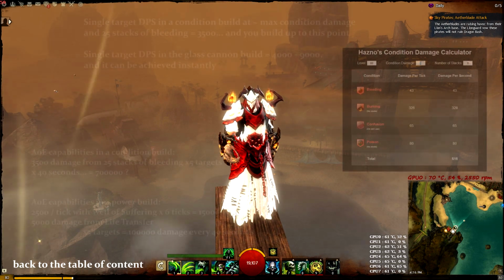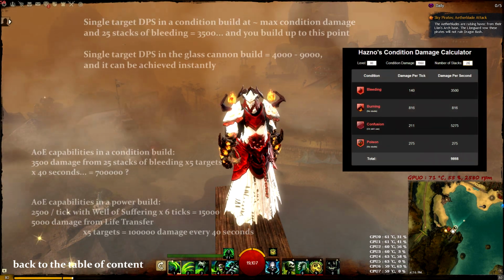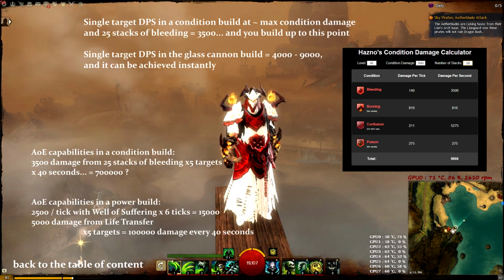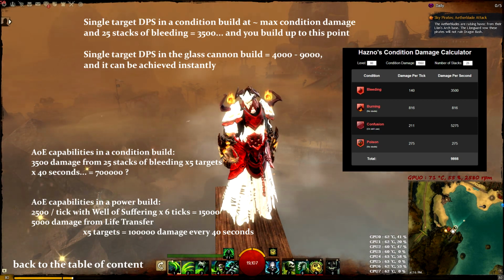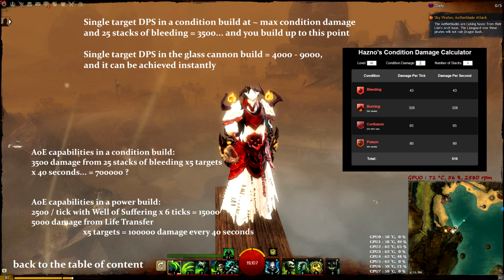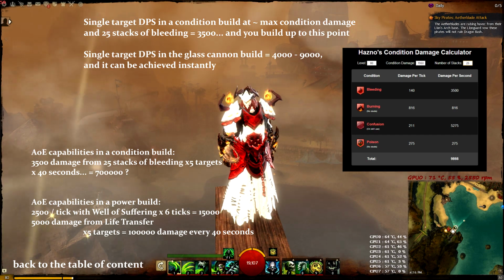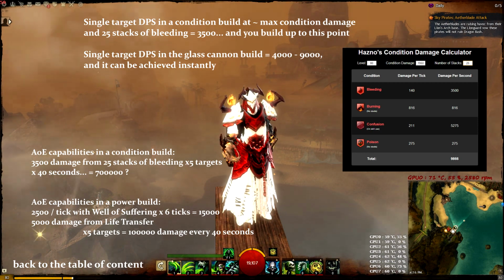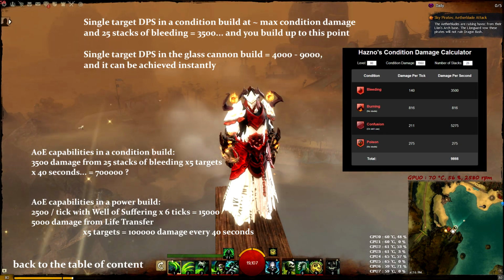So the final thing I will say is, you've seen me hit 5 to 7k instantly, and as you can see on the screen, it is like double or a bit more than what a condition build can do, and at the same time the condition can reach 3500 but not instantly, so it's a lot more. But at the same time the AoE capabilities is limited to like 100,000 damage over a 40-second period of time, and if we just multiply 3500 single target DPS times 5 targets, that's about 17,500, and that is like per second. So multiply that with 40 seconds and it's